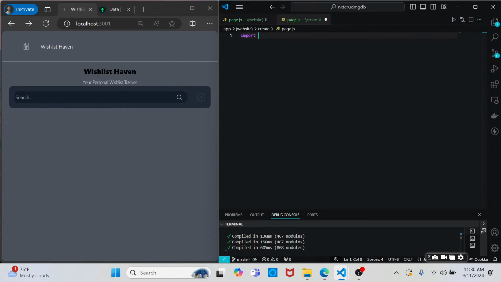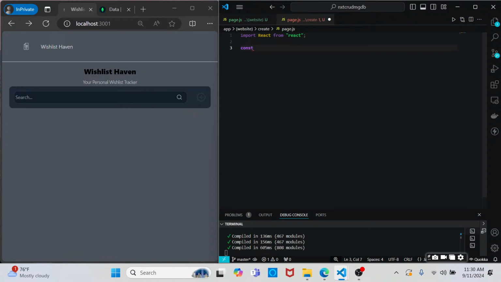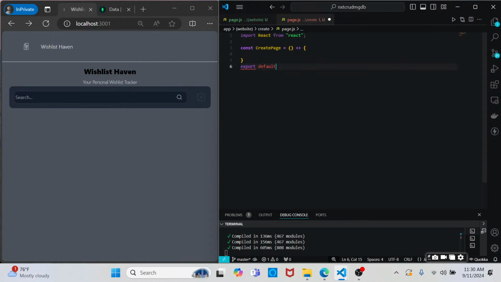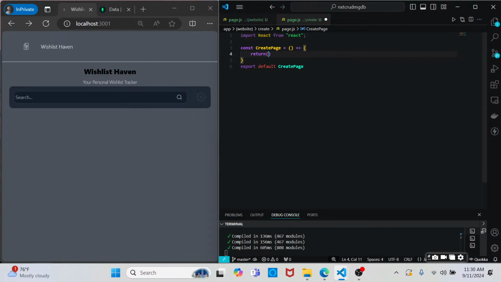Let's start with the import. And of course, we need to import React. And we'll create a const. We'll name this create page. We'll add an export. And make this create page. And then within the arrow function, add a return statement, a div, and we'll just say create page and click